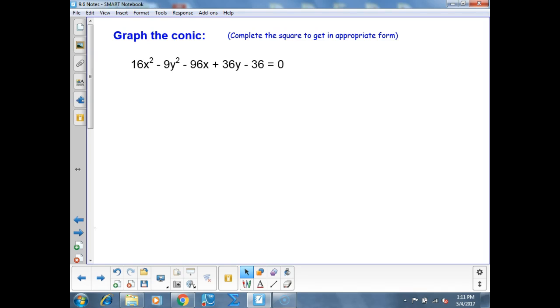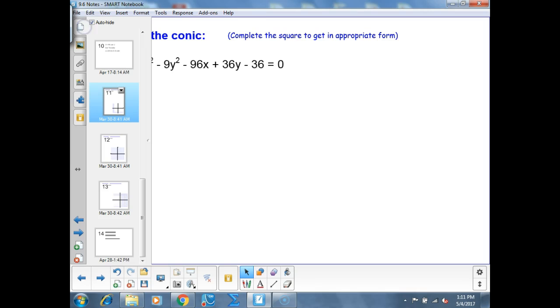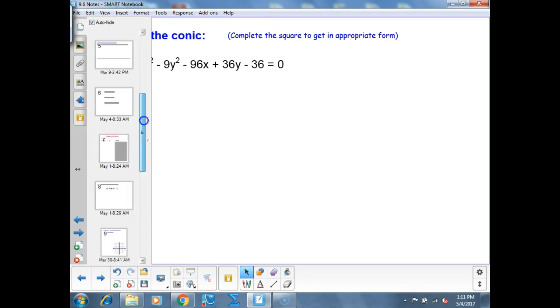Okay? So what kind of a conic is it? What kind of a conic is this? Why is it a hyperbola? 2 squareds and a subtraction. 2 squareds and a subtraction is a hyperbola. Okay, so this is a hyperbola. And then you are going to be asked to put it back into